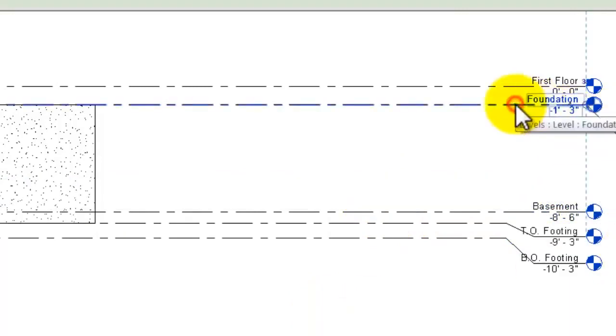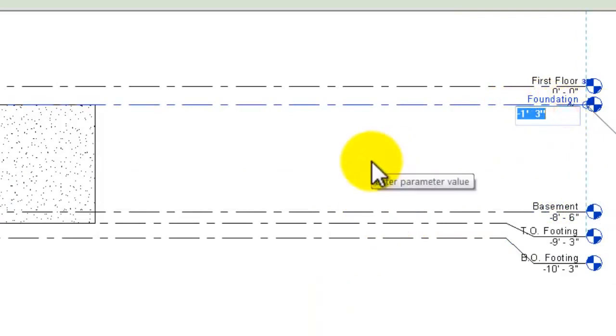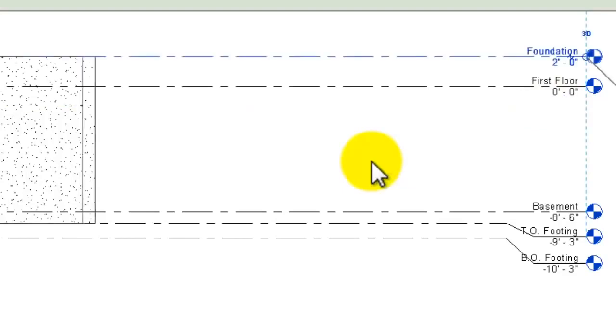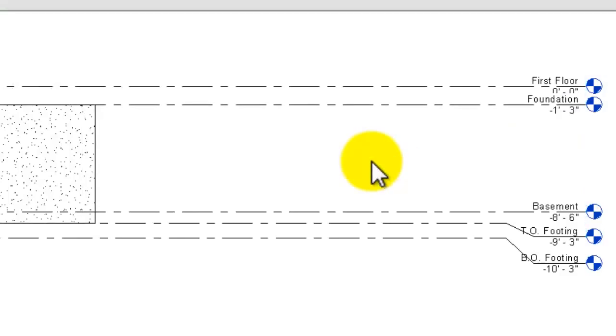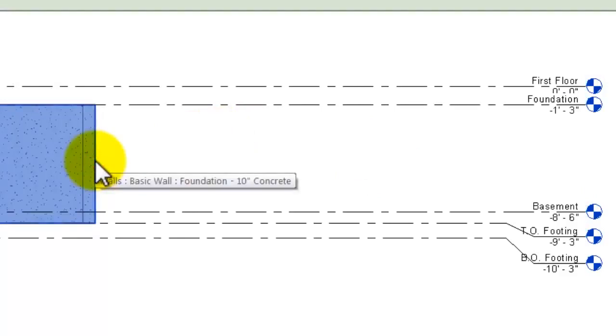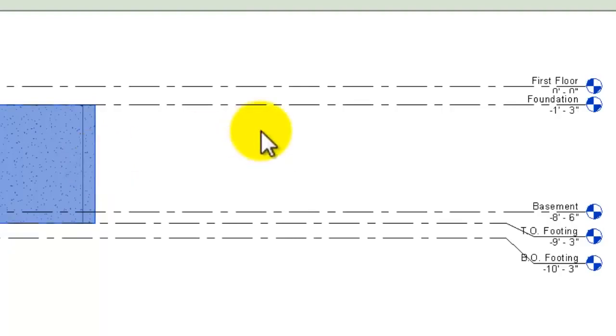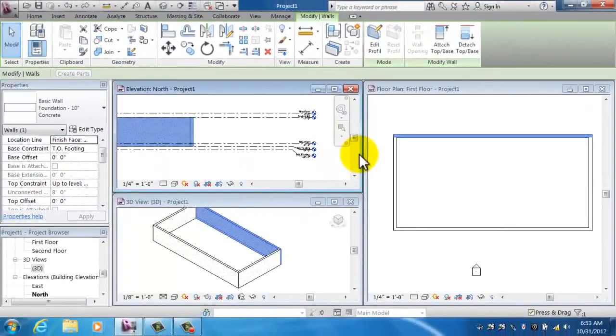If I click on a line and click on the number of elevation, we'll take it up really high, we'll go up to 2 feet, click enter, my walls go with it. So that's why it's important to constrain the walls to the top and the bottom levels that you have in mind. You can always go back and do this later, but life is easier if you do it from the very beginning. So let's tile our windows again,